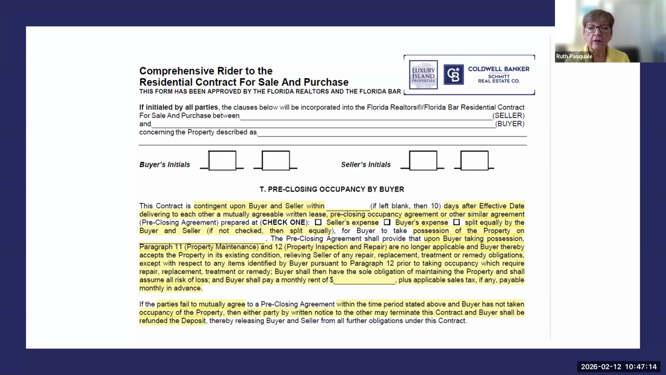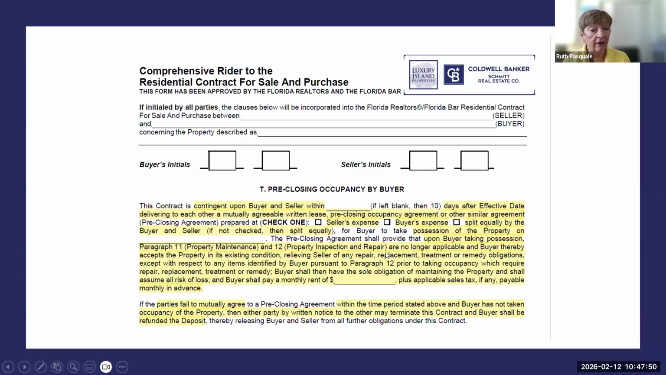And then the date for the buyer to take possession of the property. So you're going to put a date in here. Okay. When are they going to take possession? So now the buyer is taking possession. Now we have to look at paragraph 11 and paragraph 12 in the as is, which deal with maintenance and who's responsible for maintaining the property. So in the pre-closing agreement, when the buyer takes possession, paragraph 11, which is property maintenance, and paragraph 12, which is inspection and repairs,